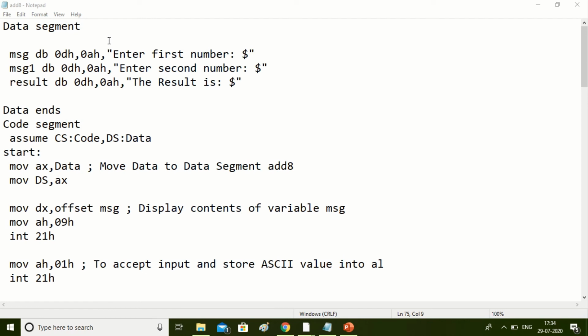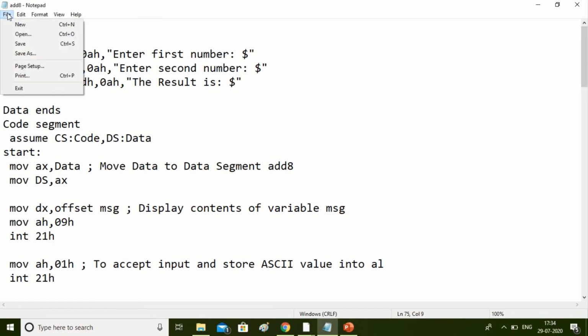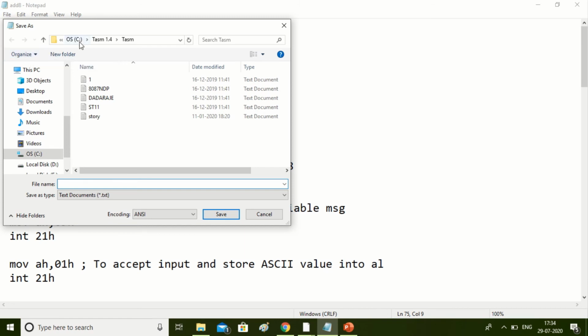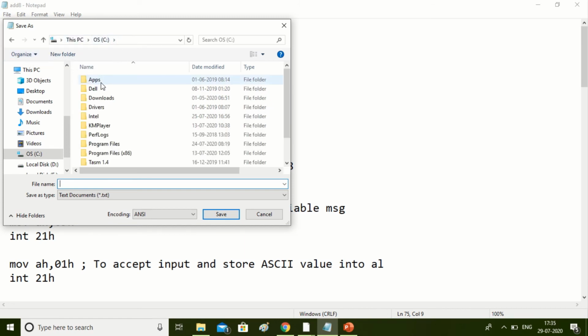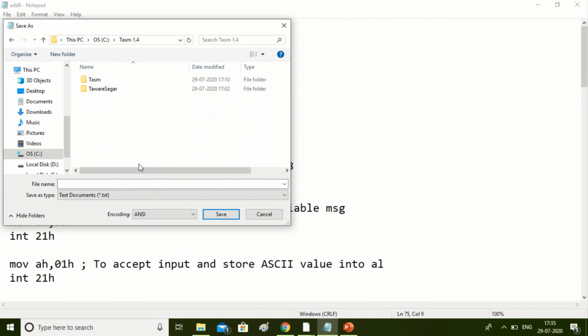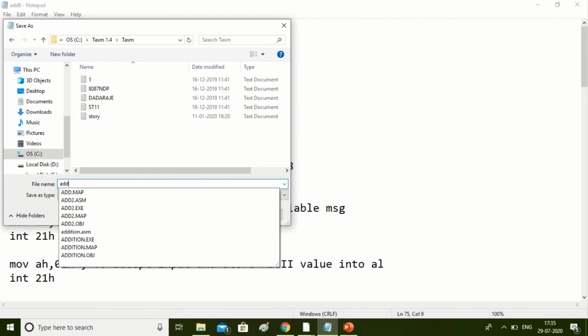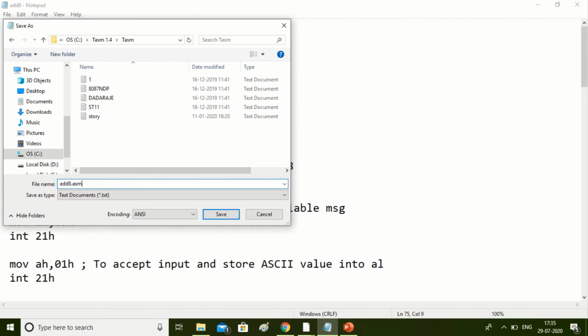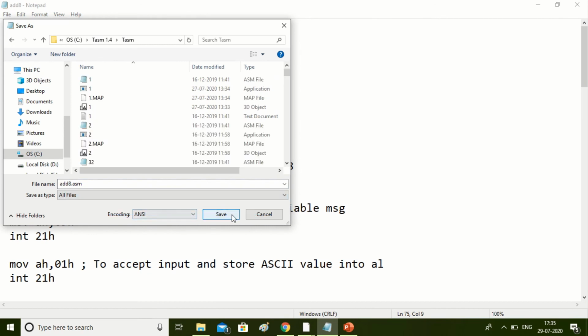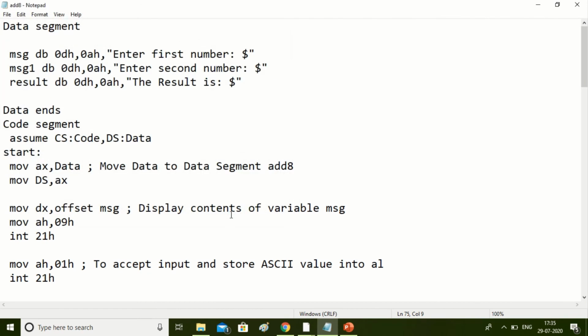Write the program in Notepad. Then save it in the TASM folder, C, TASM 1.4, as add8.asm file. Save here. Then open TASM.